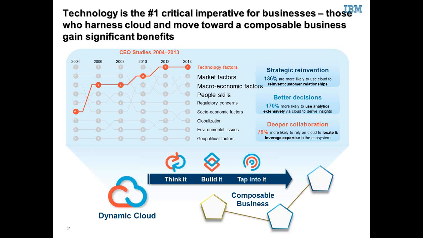So as we see that study mention about technology factors year on year, we see a tremendous focus going on to the technology than the other factors that clients used to be talking about, like productivity of the people or globalization or other factors. So consistently, the technology factors are occupying the topmost priority of the CEOs in the recent years, and it is expected to be in the top for a few more years.